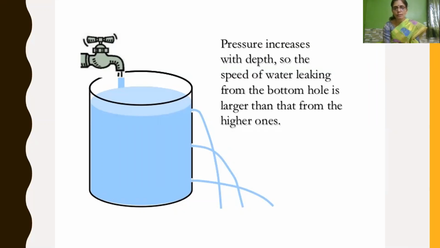That is why in our houses, if you compare the flat at the ground level or first floor, second floor, third floor, when the tap is opened, the water pressure will be more on the first floor, isn't it? Because the depth is more compared with that of the fifth floor. Then at the top, seventh floor, the water pressure will be less. So the liquid pressure increases with depth.